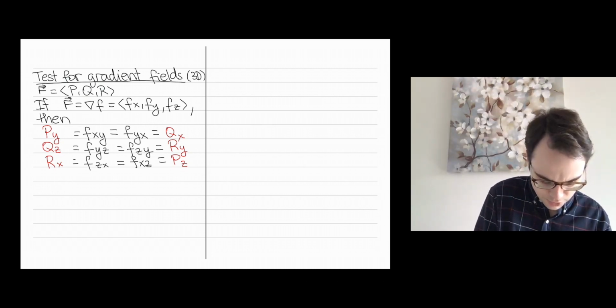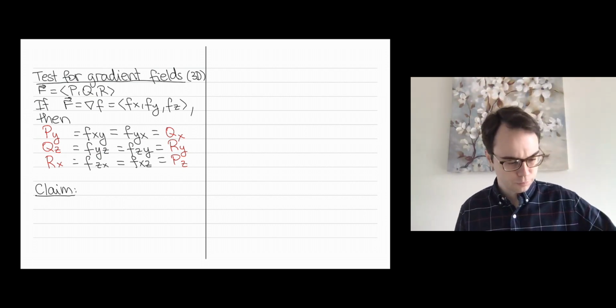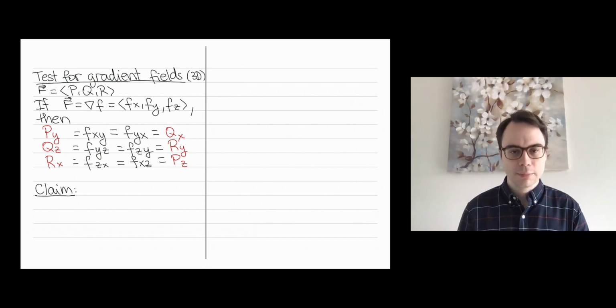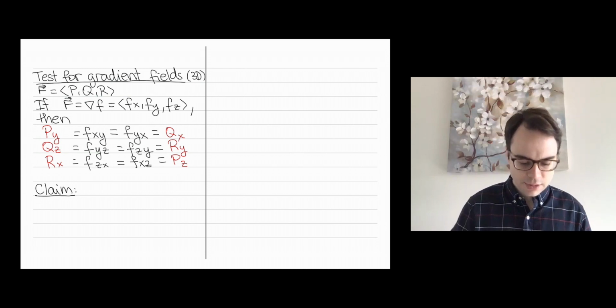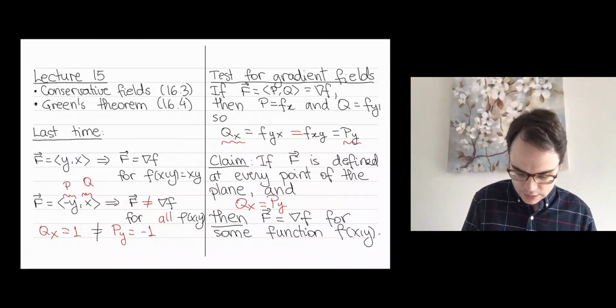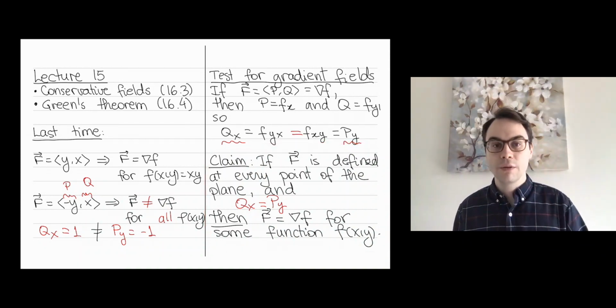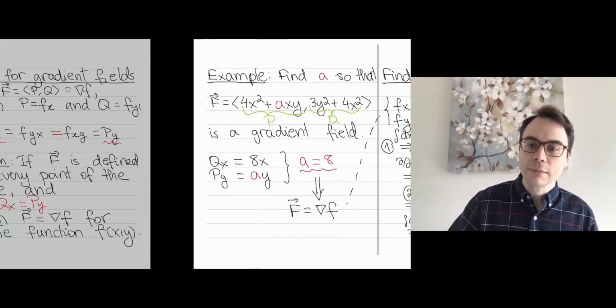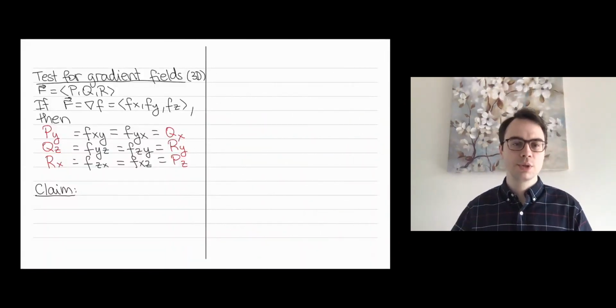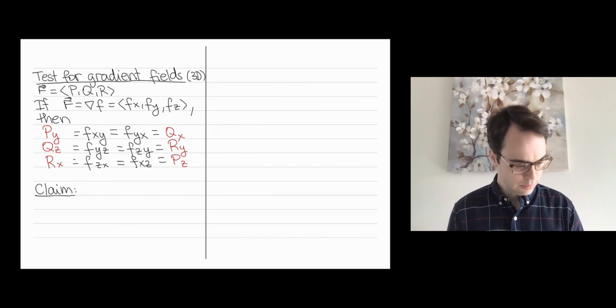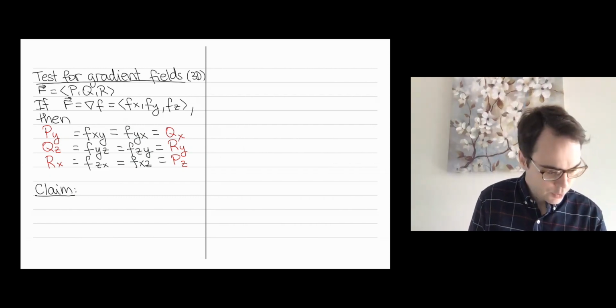So this is a claim. I won't prove this claim completely, but we can definitely use it. But I will have a few things to say about this claim and its 2D analog. I'll say a few things about the 2D case when we have Green's theorem to work with, and much later in our class when we talk about Stokes' theorem, which is a three-dimensional version of Green's theorem, I'll be able to say something about the claim I'm going to write down right now. But without further ado, here's the